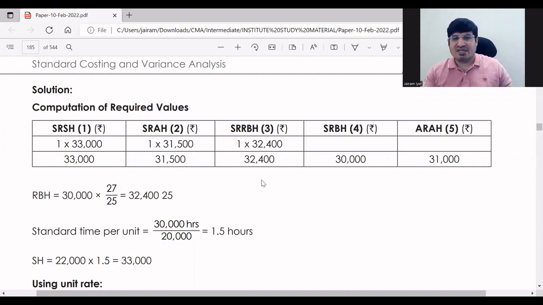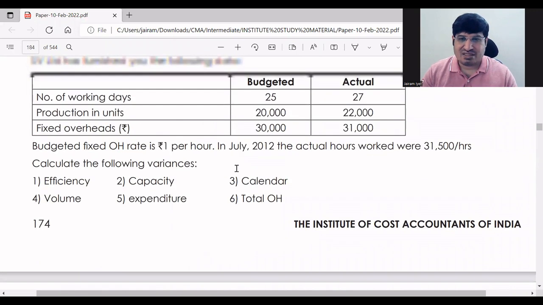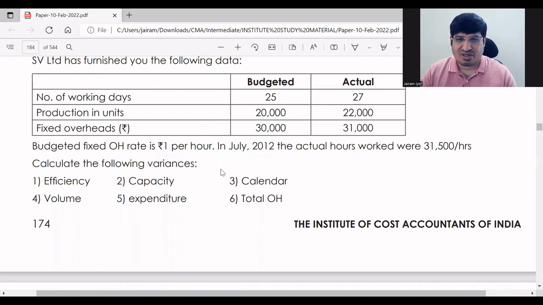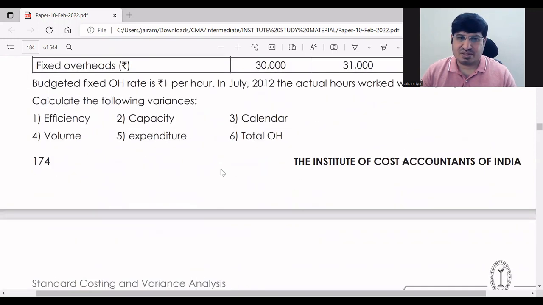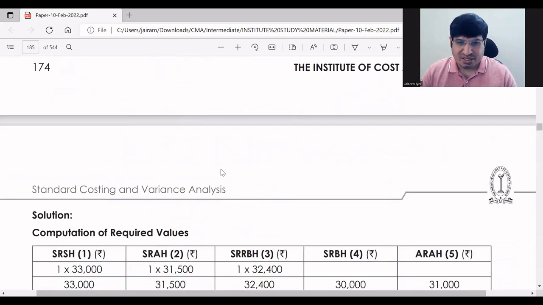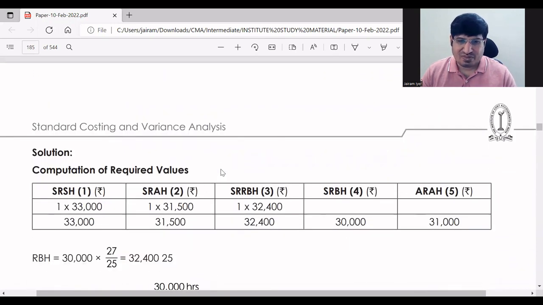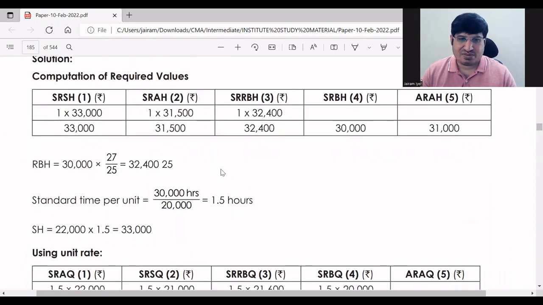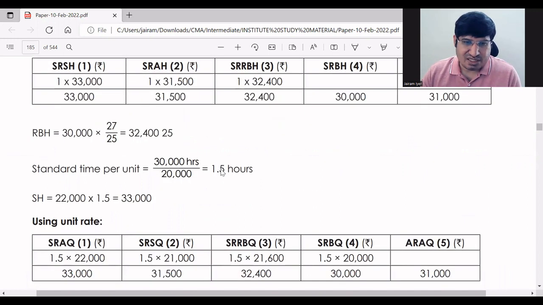You take your standard, the budgeted business hours, which is 30,000. ठीक है. दिया हुआ है 30,000. Your revised business hours will be